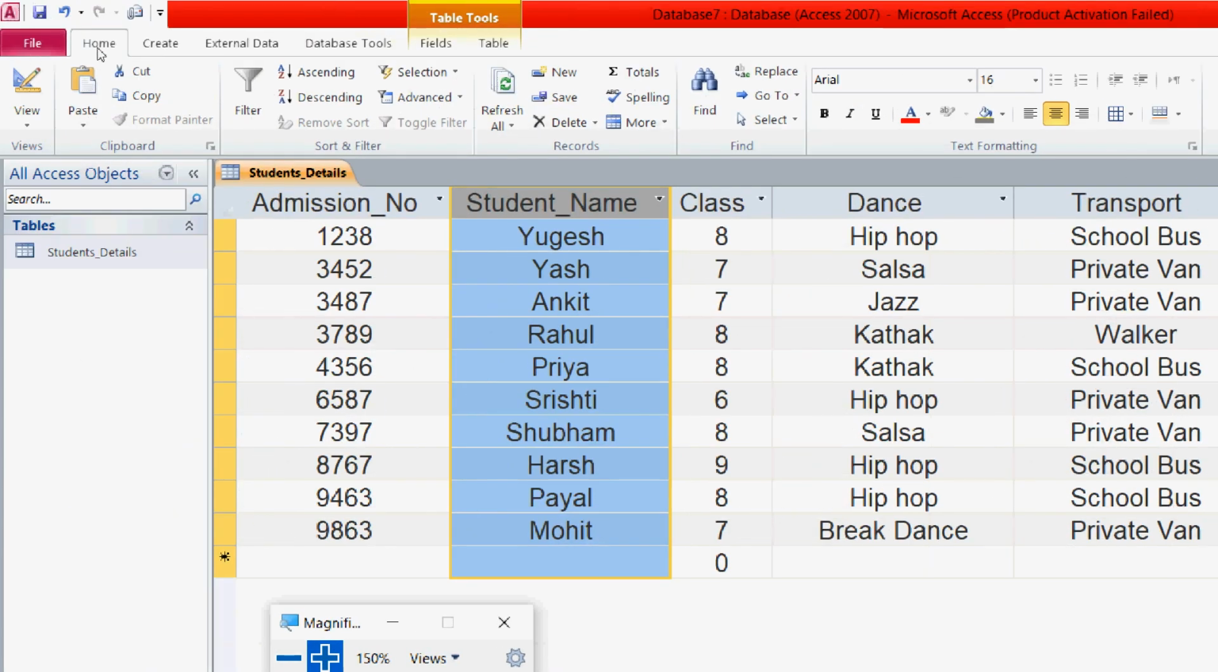So here is the home tab, and ascending and descending, the sort and filter group, it is here. Clear? So you can click on either of these. So right now I have selected the student name field. Okay, so the same will be arranged, the whole database will be arranged,